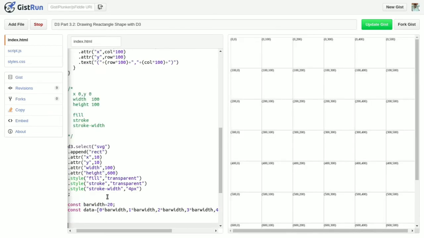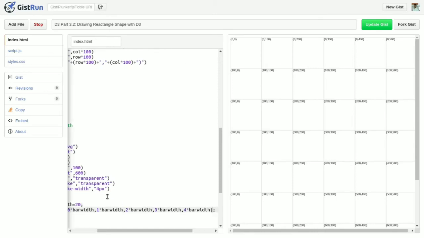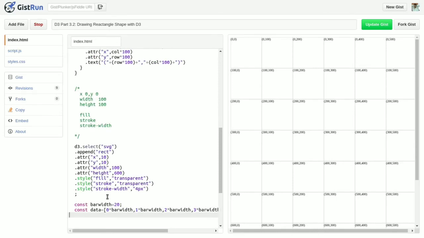So here I have created points for bars of width 20. The output of this data will be an array of 0, 20, 40, 60, 80.